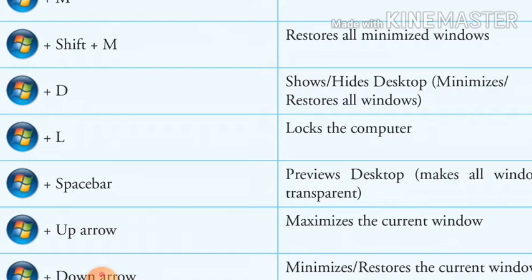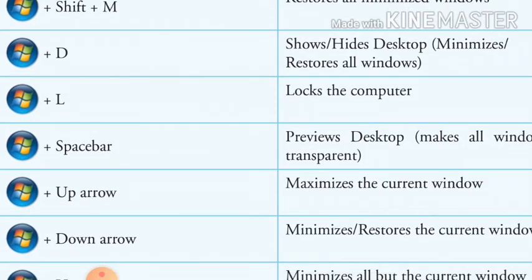If your computer is open and running, any user can open it and your files can be seen. Unauthorized persons can view and operate your computer. So to protect your computer, if you don't want to give other users unauthorized access, you have to lock your computer. To do so, press Windows plus L, and your computer will be locked.